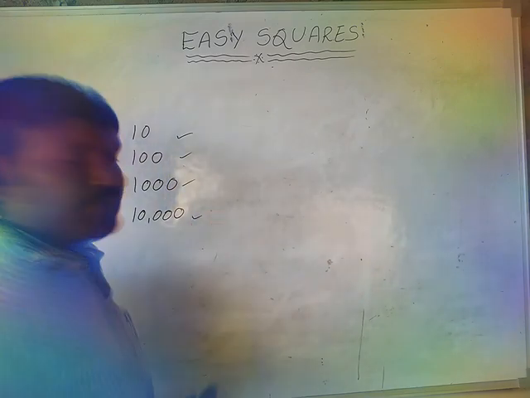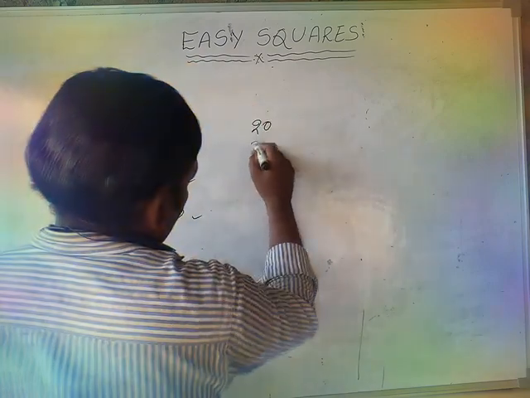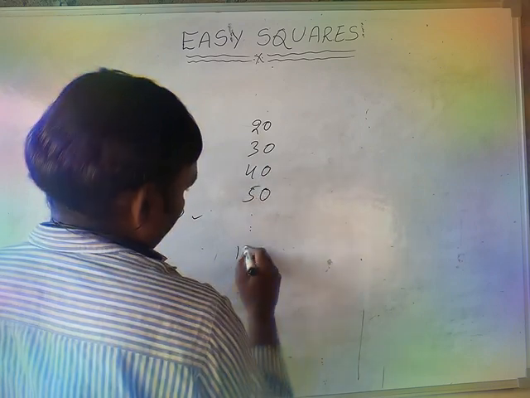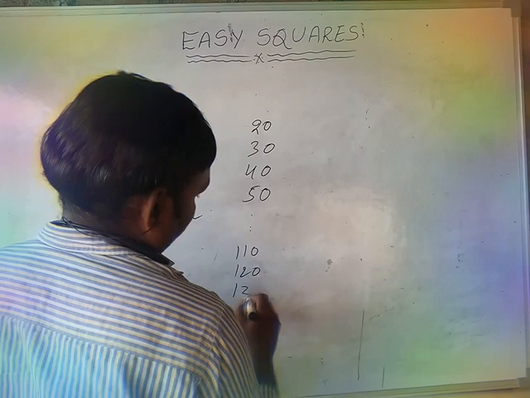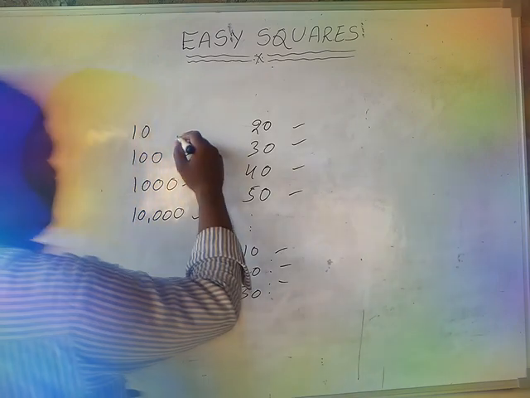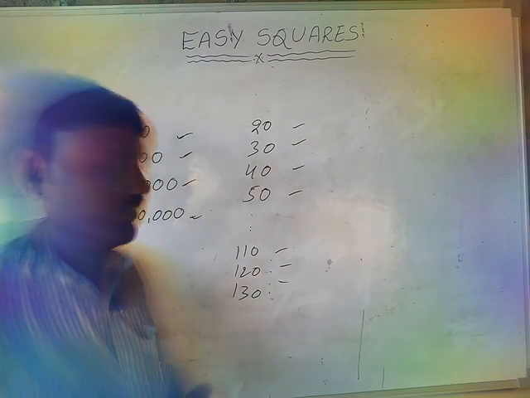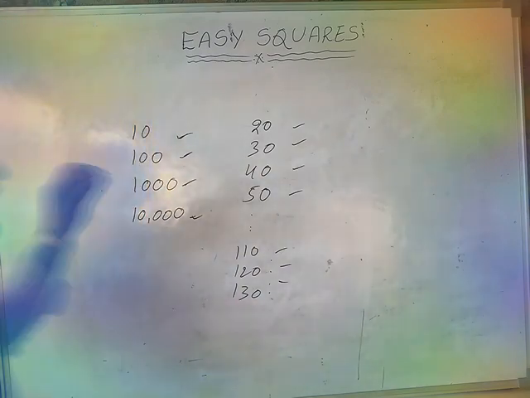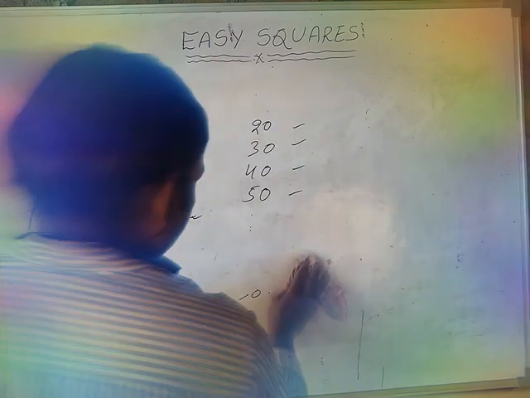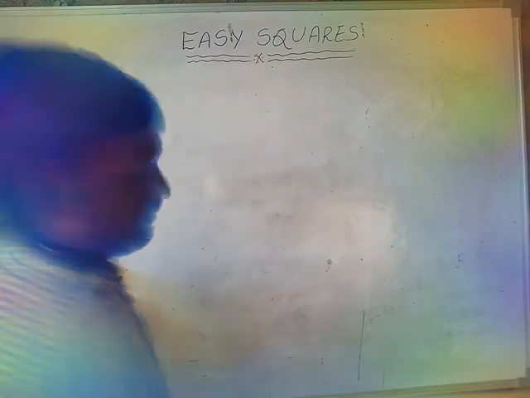So what are the sub bases of Vedic maths? That means 20, 30, 40, 50 like this, 110, 120, 130 like this. These are the sub bases of Vedic mathematics, and those are the main bases. Those are simple principles of Vedic mathematics. First of all, we recognize these principles. After that, we use the simple technique. So what is that technique? Let us observe here.